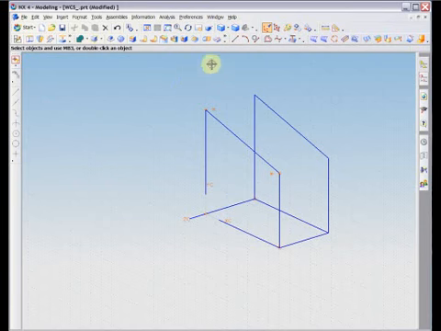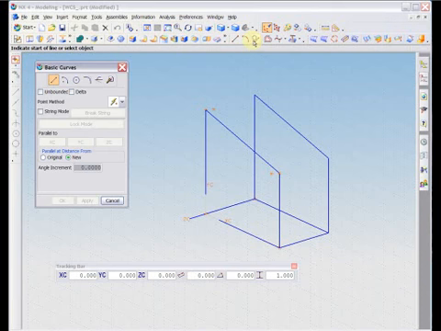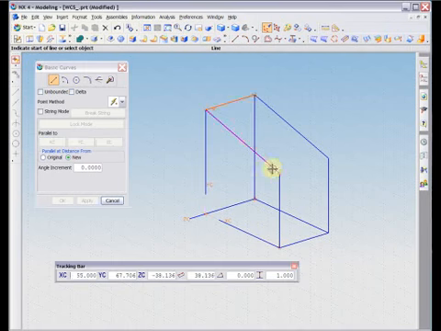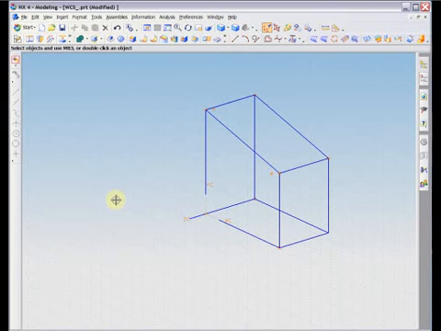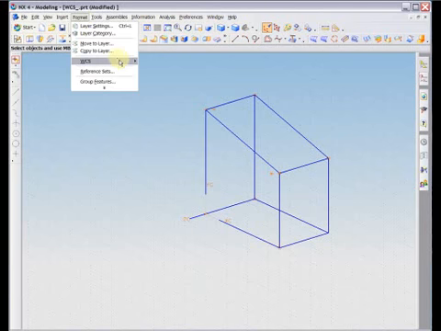We can now easily finish off our block by adding 2 more lines. We now have a base on which we can try out some of the WCS orientation commands. These are found under the Format, WCS, Orient options. The first